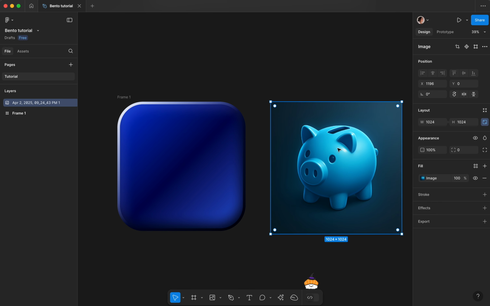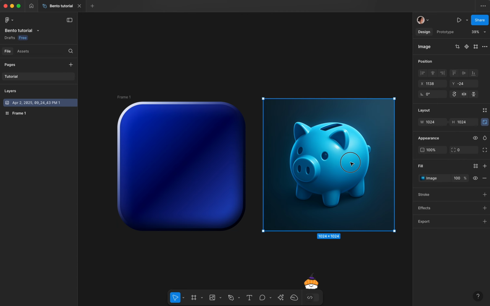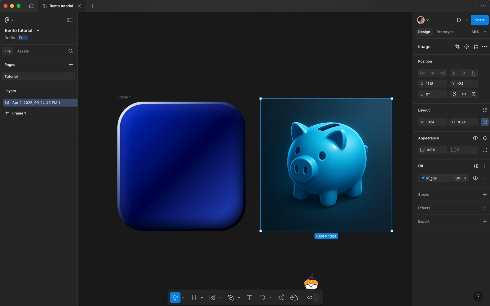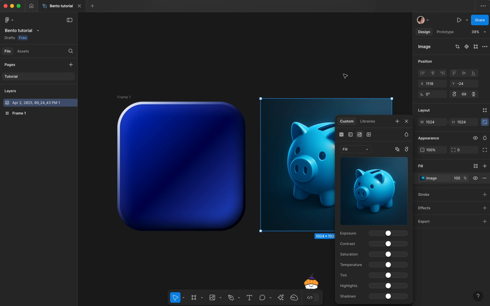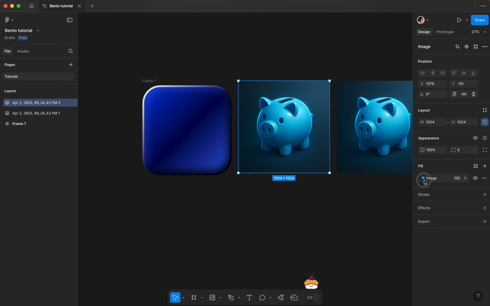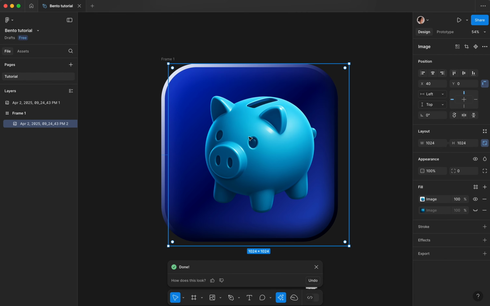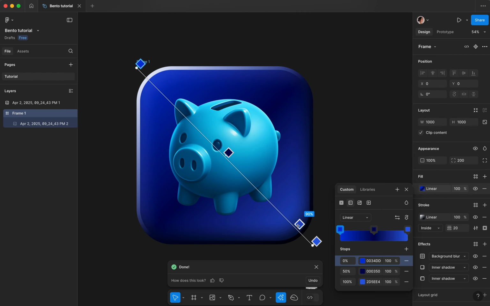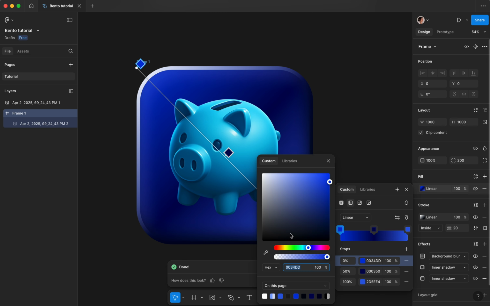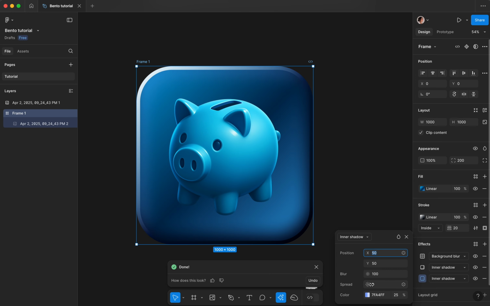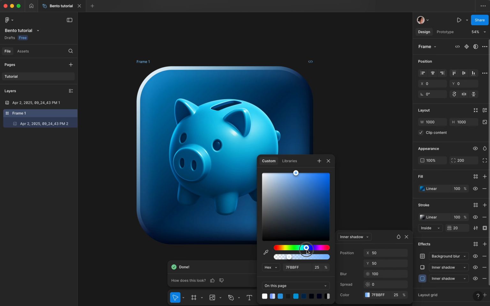Okay, as you can see, the colors are not exactly as we have, but we're gonna fix that in a second. Let's first remove the background. So just in case, I'm gonna duplicate that layer. Perfect. Now we're gonna place our piggy inside. Let's adjust the colors so it's matching more the pig style. So it's a bit more into green shade instead of blue. Same we're gonna do for inner shadows. Let's adjust that so it doesn't feel off.